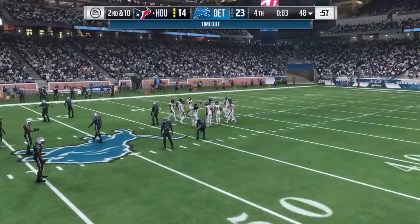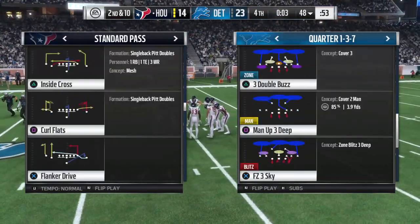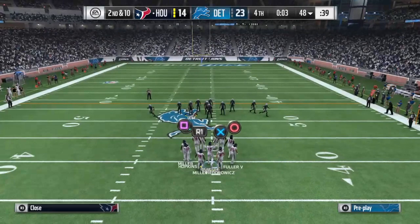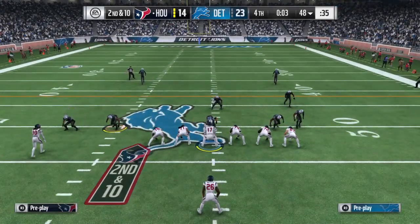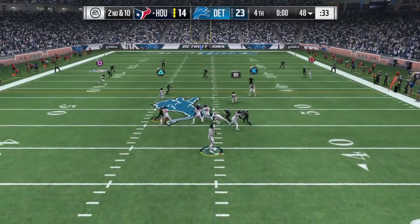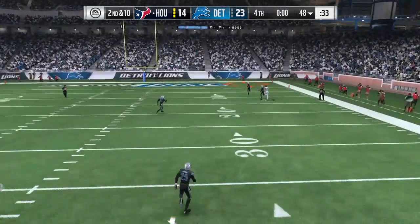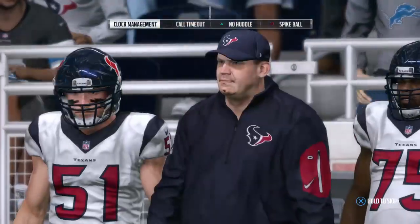Now hang on here. Timeout called by the defense. It'll be their third and final timeout, so as they talk things over, we'll step aside. And no press coverage here. They are backing off in the secondary. Osweiler. He's going to let it fly. And that will be incomplete. They were going for a...